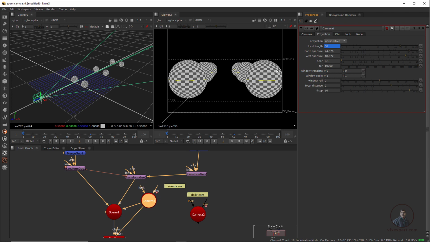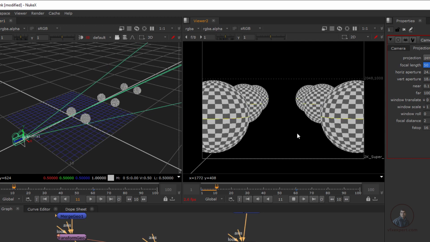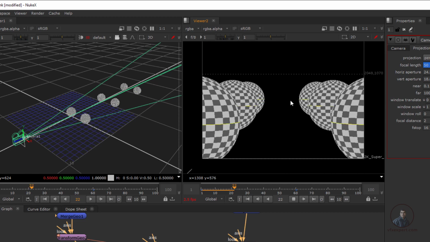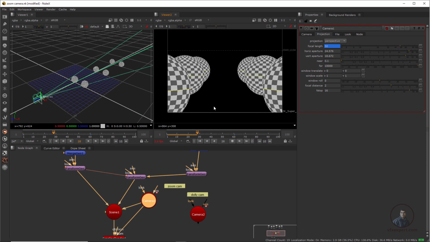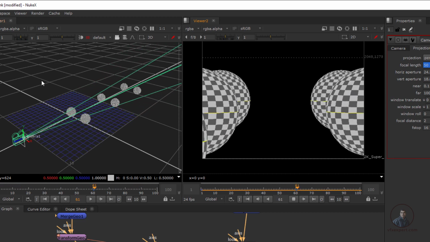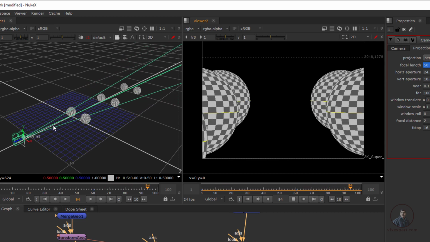This is our variable, meaning if you change your camera focal length, we will get a zoom in or zoom out effect according to the focal length changes. Now you will see here, this camera is static and it's just changing its focal length. Easily you can see, and here we are getting this result. The result looks the same, but we are not getting any perspective change. This is only zooming, because in our 3D view only the focal length is changing and it's not moving in or out.